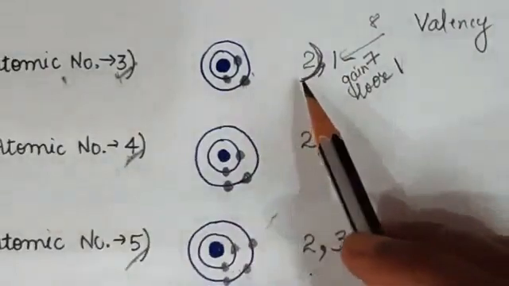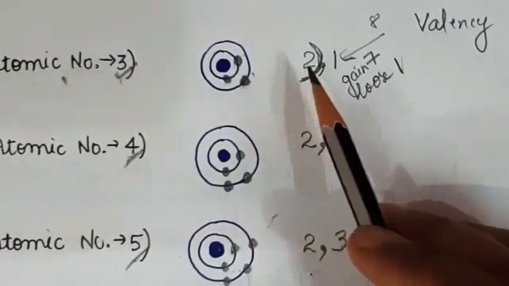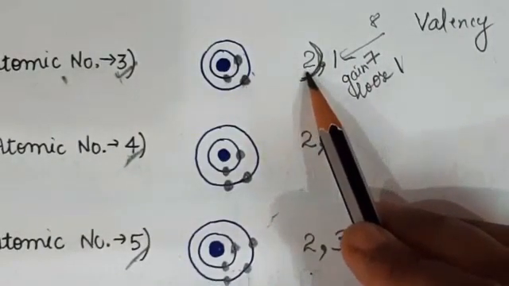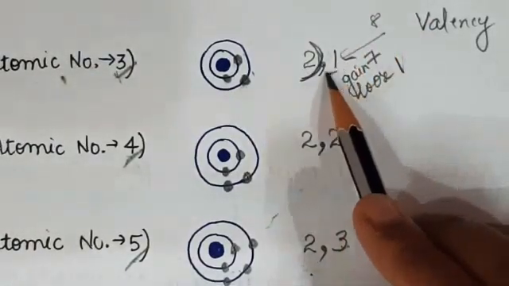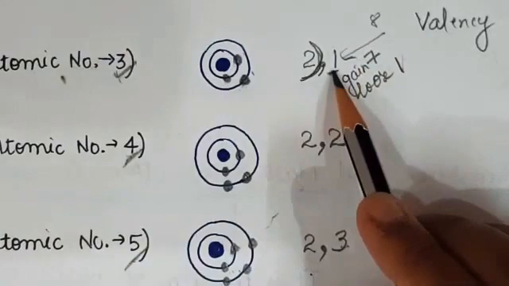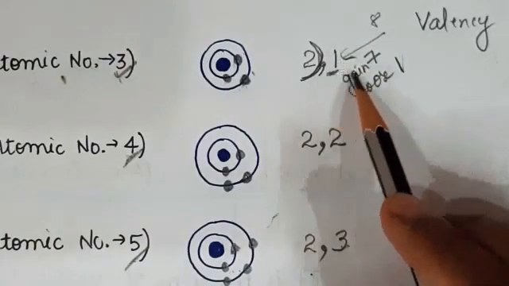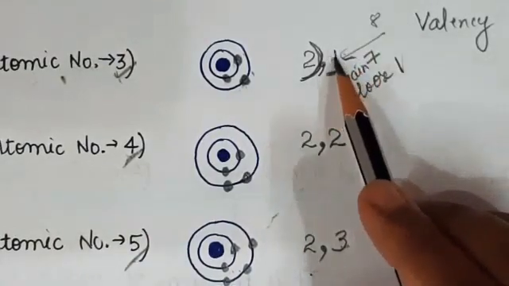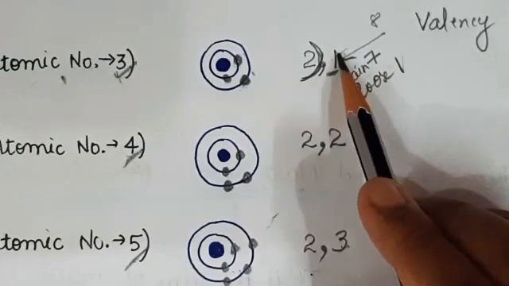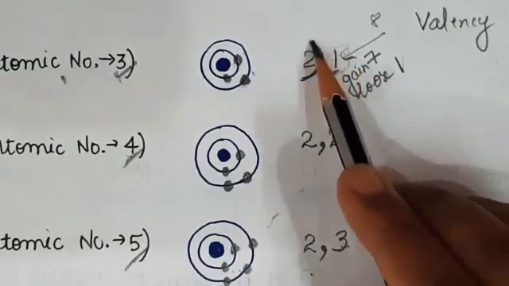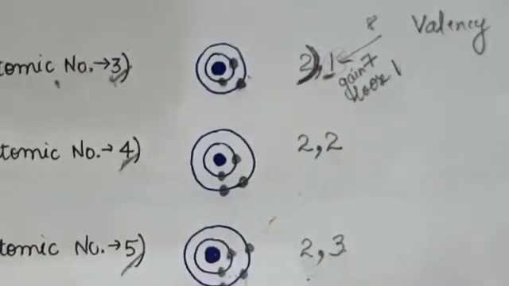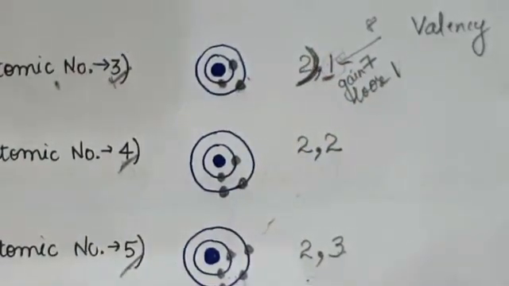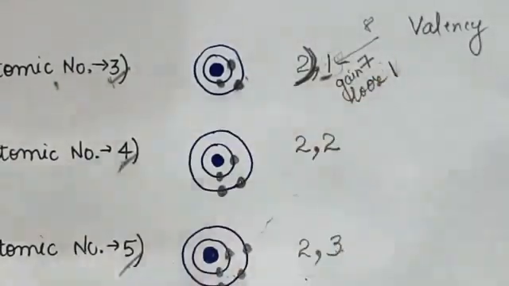That is the first shell. I told you right now, in the first shell it should be a doublet and in the second shell it should be an octet, means 8. So we need to make the outermost shell 8. So how can we make it? Either it will gain 7 electrons to achieve the 8 configuration, or it will lose this 1 electron to achieve the doublet configuration, means stable configuration. So which one is easy? Gaining 7 electrons or losing 1 electron?